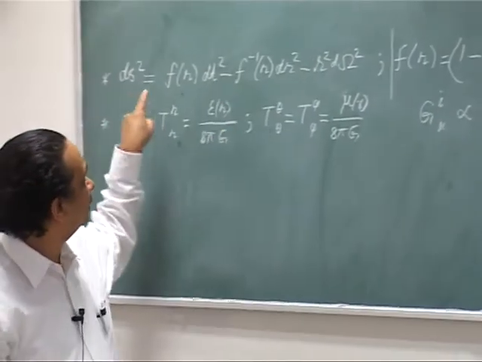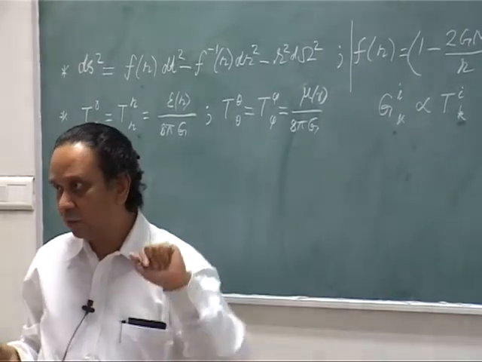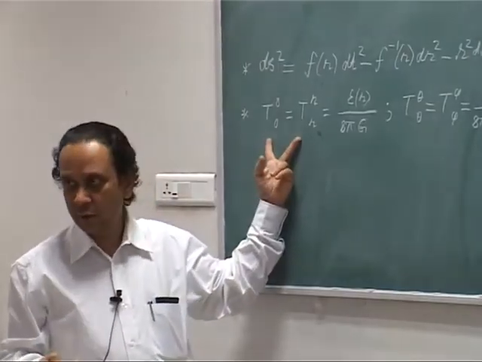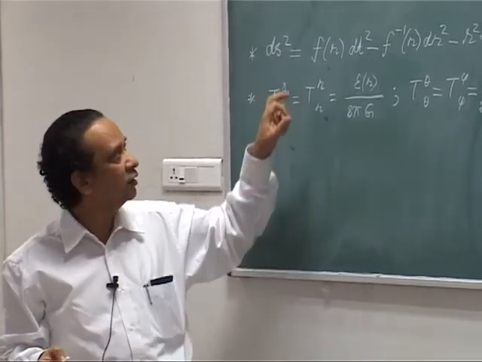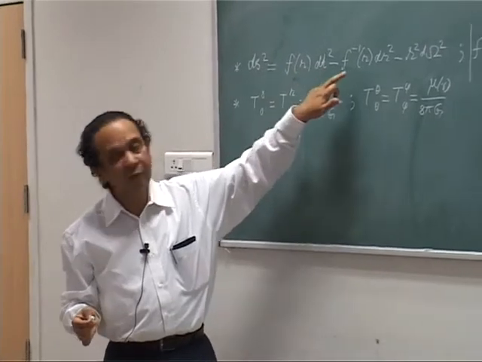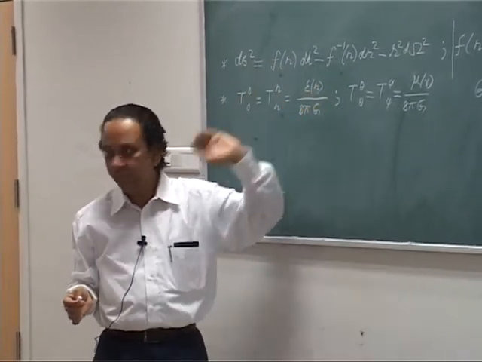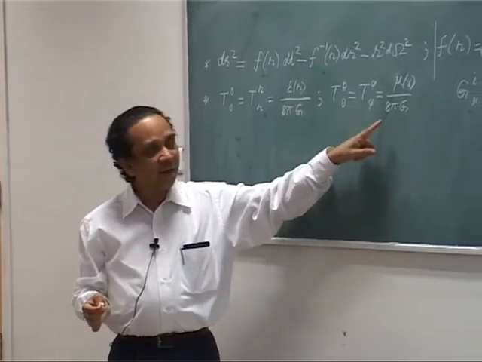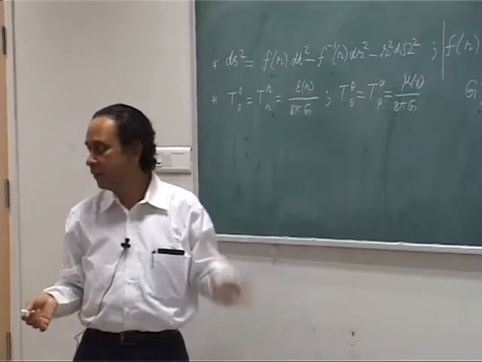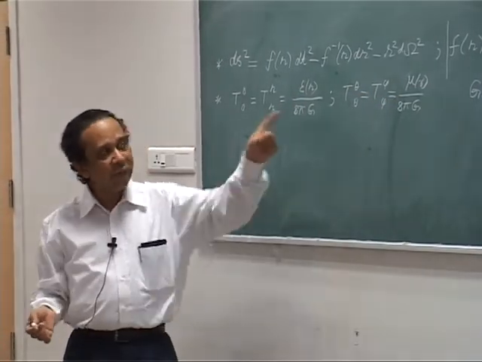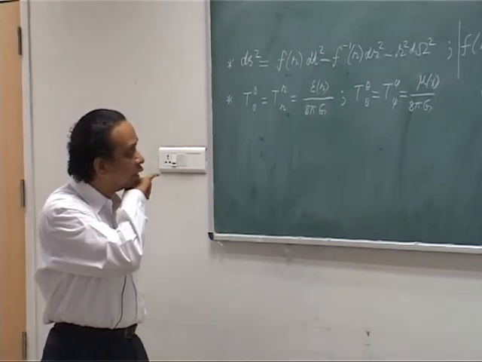if I plug in this form of the metric and calculate G_ik, it can be a source only if these two things are equal. The equality between T00 and TRR comes because we have forced f here and 1 by f here. We did not keep a and b. We are saying that it is f and 1 by f. The theta theta and phi phi comes from spherical symmetry, and in general this can be one function and this can be another function. Now you go and ask what the equations of motion tells you, and that is actually quite remarkable.